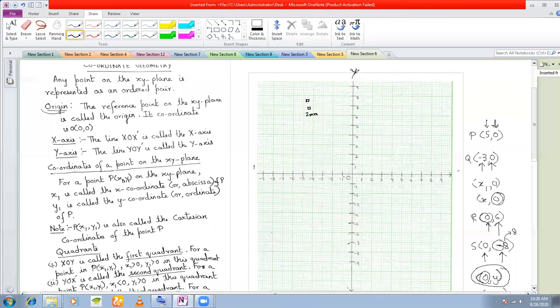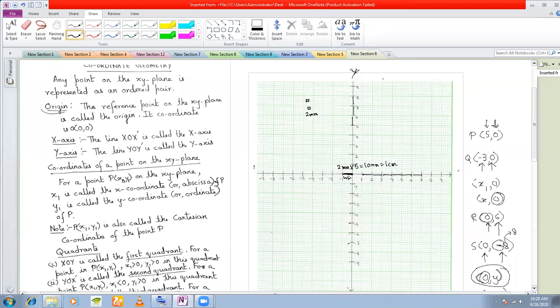So what is this distance? If each square is 2 mm, and we are taking 5 squares here, what is this length? 2 mm into 5 is 10 mm, and 10 mm is 1 centimeter, right? So when we take 5 squares as 1 unit, each time we take 5 squares, 5 squares, 5 squares, even on the y-axis we have taken 5 squares.